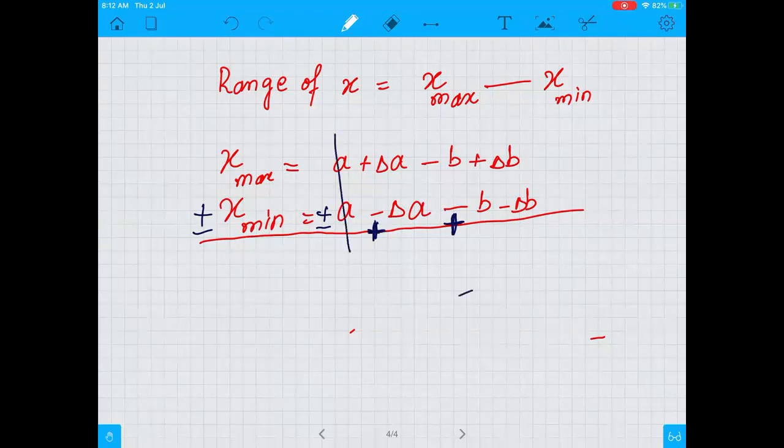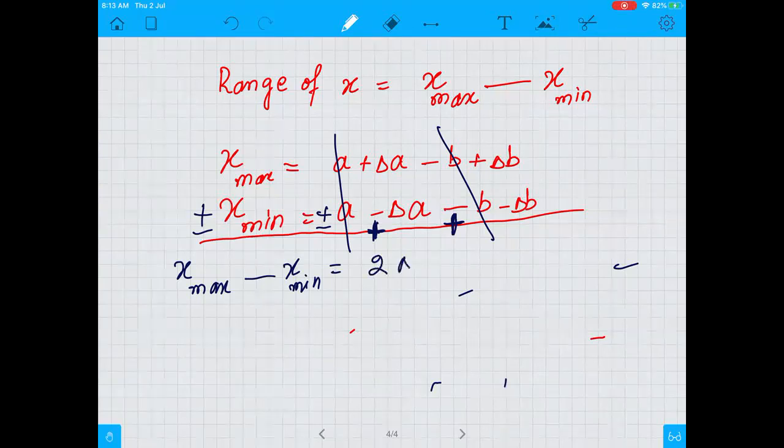So this a is cancelled with this a, this b is cancelled with this b. Now the range of x would be x maximum minus x minimum, that is equal to 2 times delta a